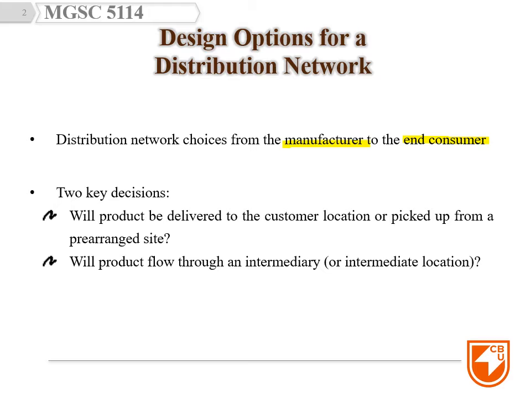You will see that there are 6 different alternatives, but in order to review them, first we need to make a decision about which one is the best for us. We need to first make a decision on one of these 2 items. Number one: will the product be delivered to the customer location, or is the customer going to pick it up from a certain place? This is going to define our approach to deliver the products to